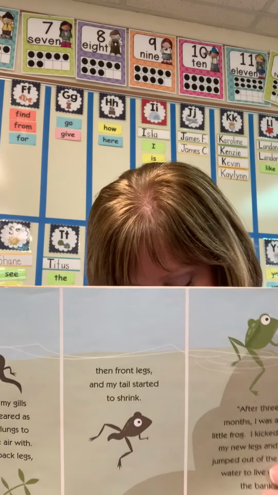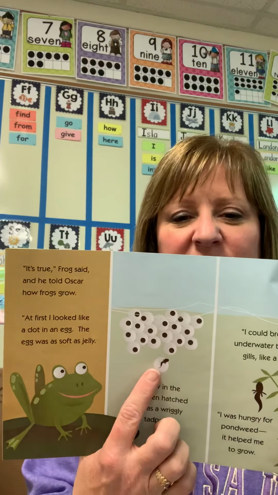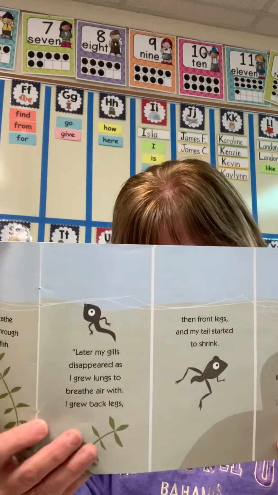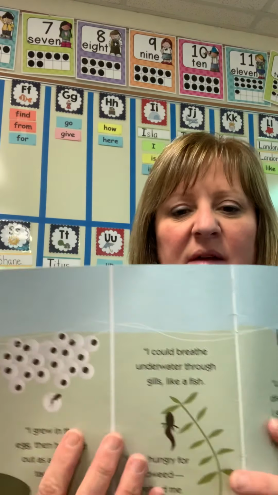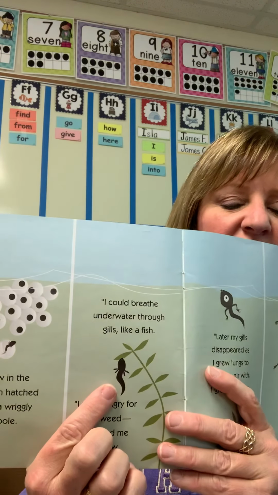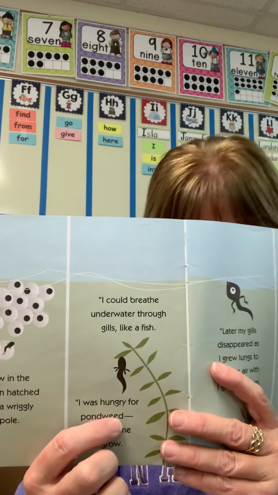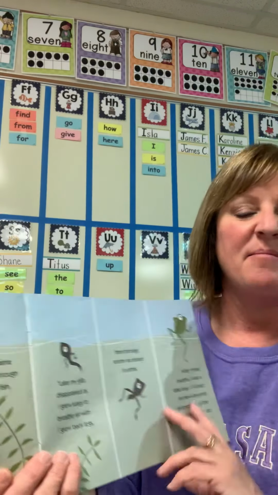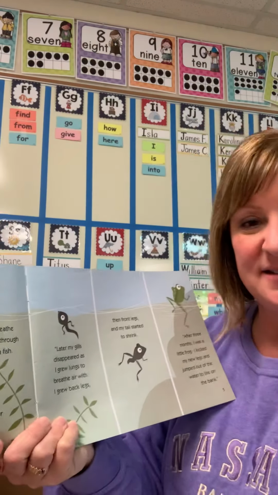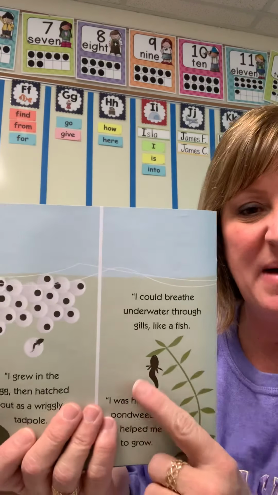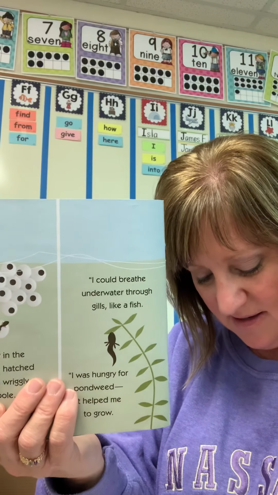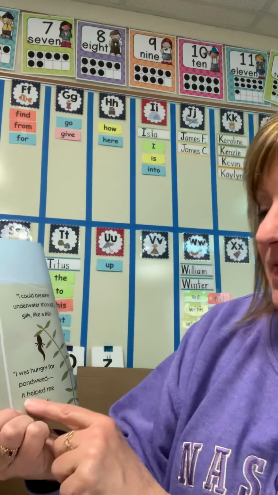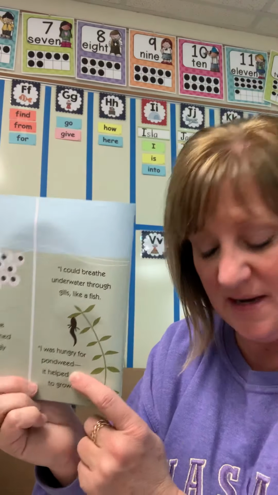Okay? So what were these things called again? Did you say eggs? Good job. Those eggs are what they start out as, right? And what is the tadpole eating in this picture? Do you remember? What was that called? I'll give you a hint. It started with pond... weed, I think it is. Yeah, that was what the word was. Pondweed. That's what they like to eat. So the story was explaining the picture by telling you that I was hungry for pondweed.